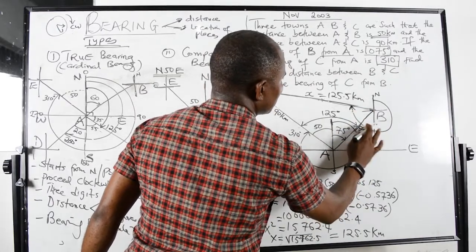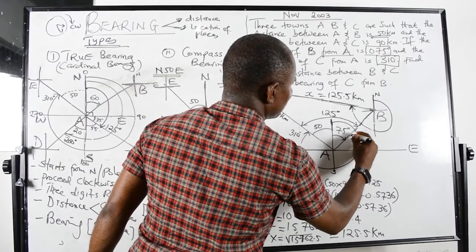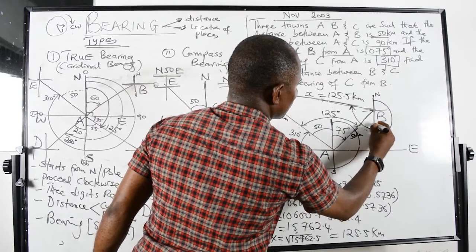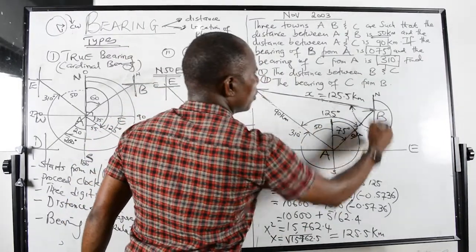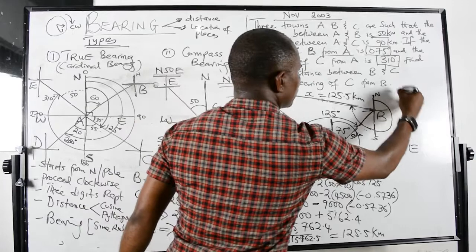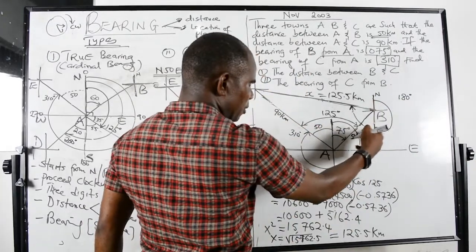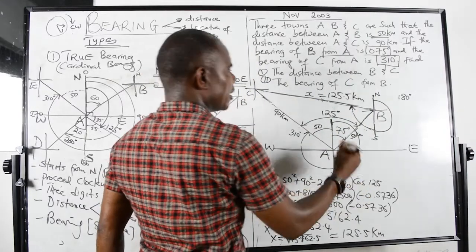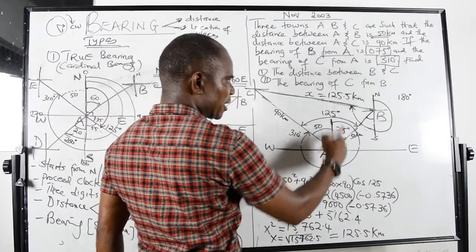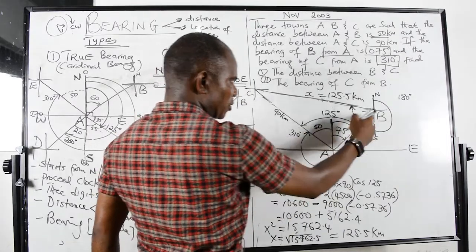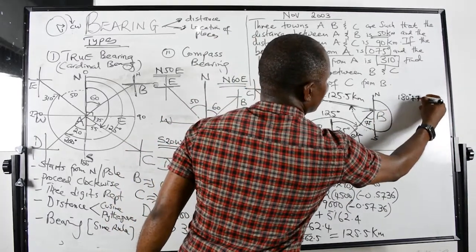It's to find the bearing of here. So let me put the 50 here. It says all this angle is the bearing. So from north to south, I already know that it is 180 degrees. That is from north to south. It's 180 degrees on the straight line. Then I also know that this angle is equal to this because Z angles are equal. Alternate angles are equal. So this angle too is 75. So I've got 75 there.